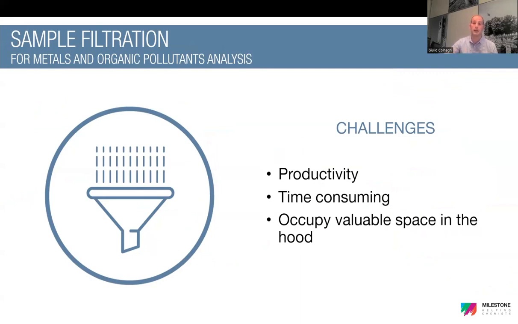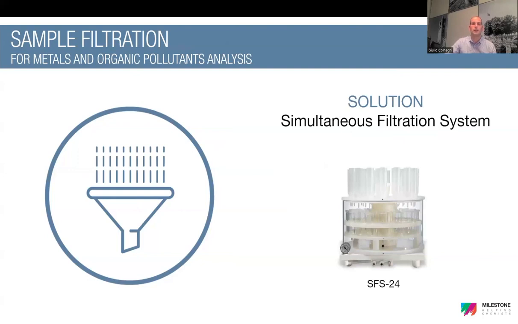It is typically done with filter paper under a fume hood, is very time consuming, and often takes a lot of space under the fume hood, reducing the work area for the operators. A good way to address this challenge is to use a simultaneous filtration system with multiple positions and connected to vacuum that enables, in a small